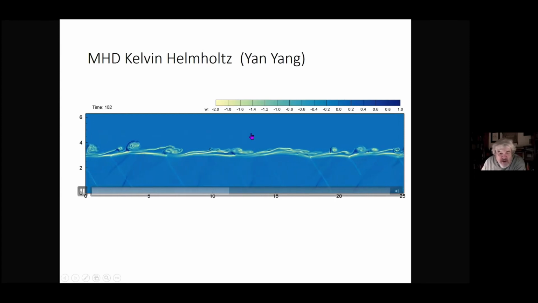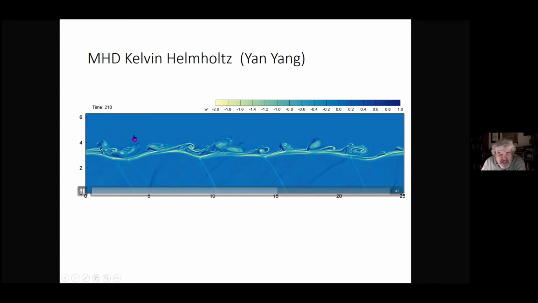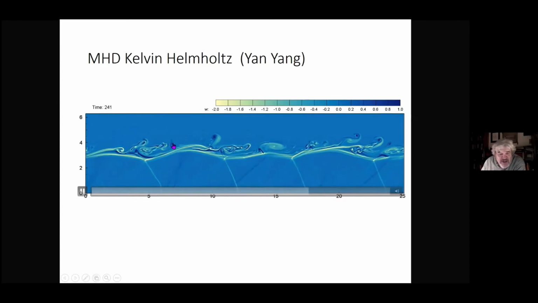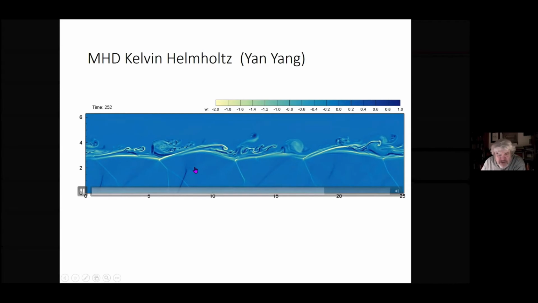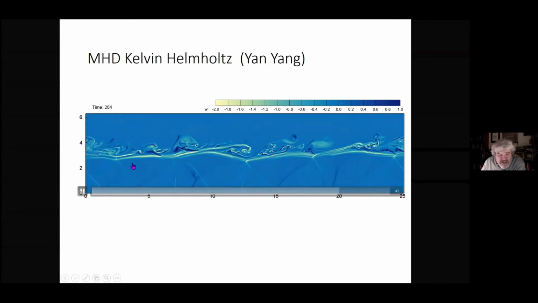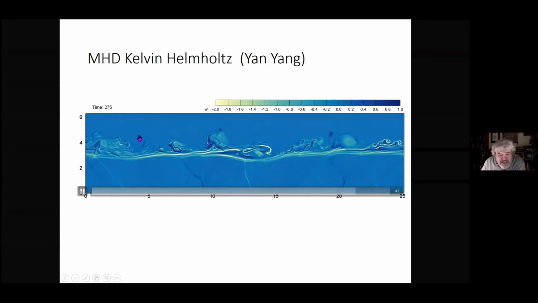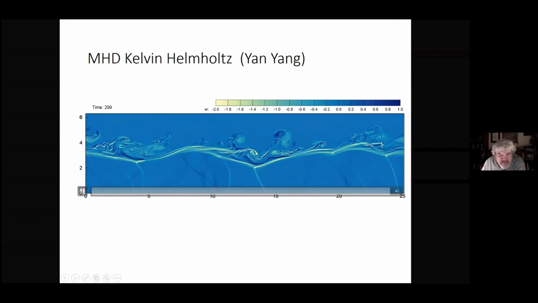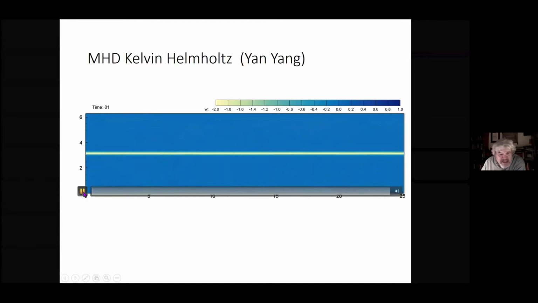Now here there's a horizontal magnetic field, and the reason that you can get this instability is that the velocity differences in the initial conditions exceed Chandrasekhar's condition for suppression of the instability, which is that if the velocity difference is less than the Alfven speed of the horizontal magnetic field, then you can't get this kind of instability. In this case, you exceed that threshold and you have a perturbation, so it grows into these nice